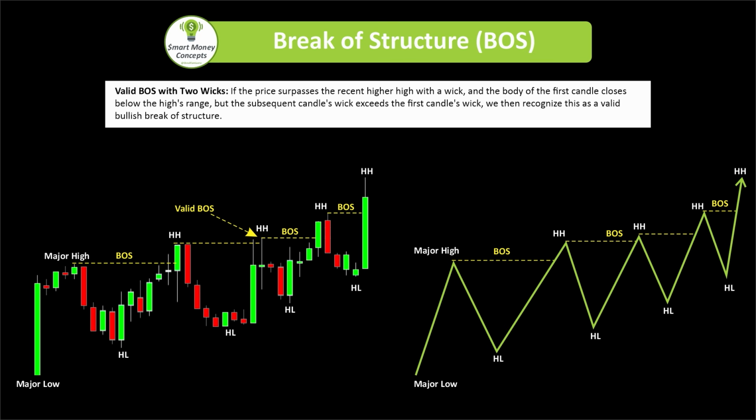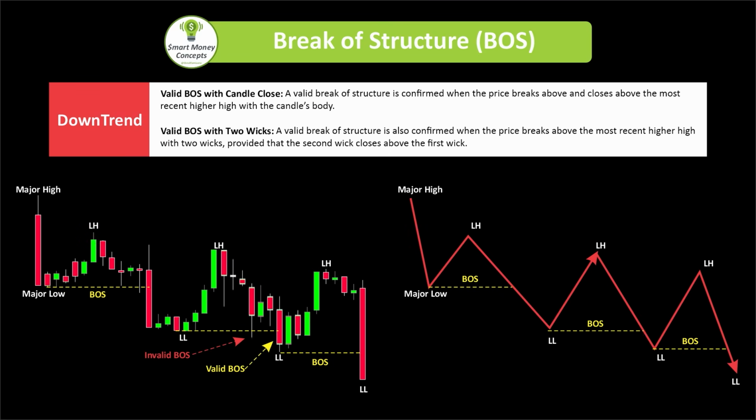If the price later breaks this newly formed low downward, it then acts as a clear indicator of a trend reversal or a valid change of character. Transitioning to the bearish scenario, which mirrors the bullish one. For a bearish market structure to confirm a valid break of structure, the price must break and close below the most recent lower low with the candle's body. If the price breaks the newly created major high upwards, this signals a trend reversal, suggesting that control has shifted